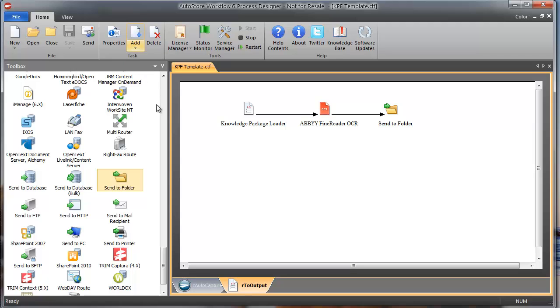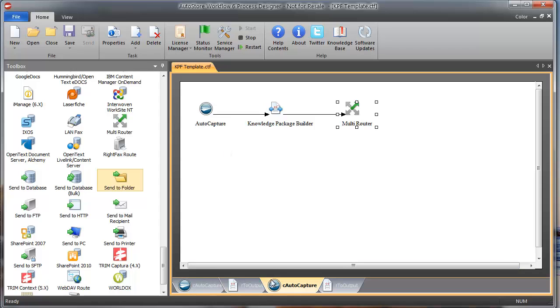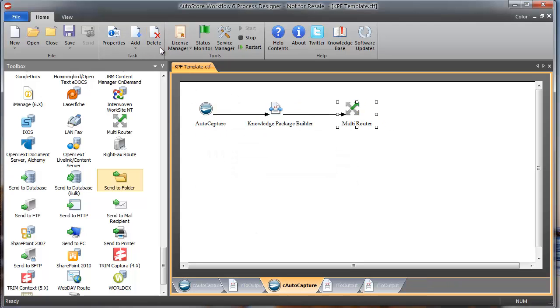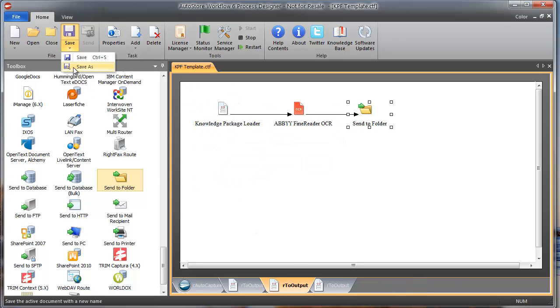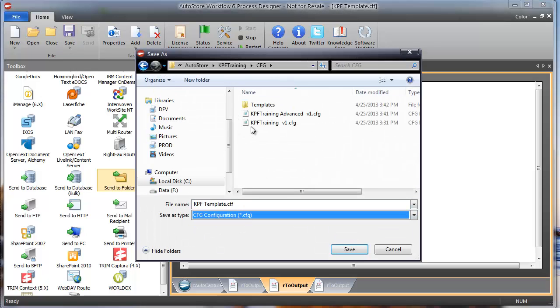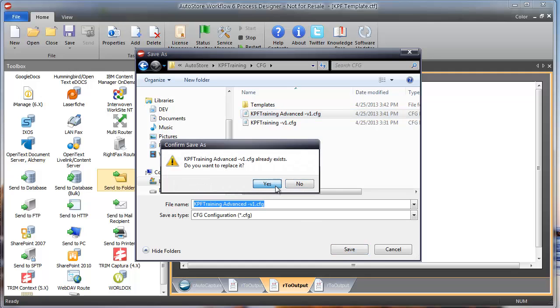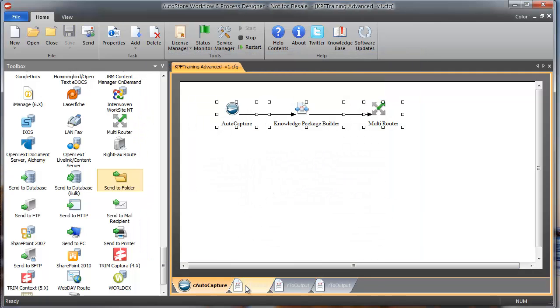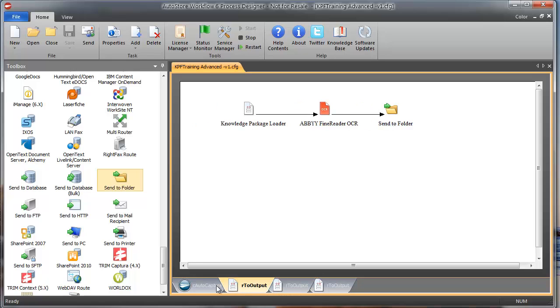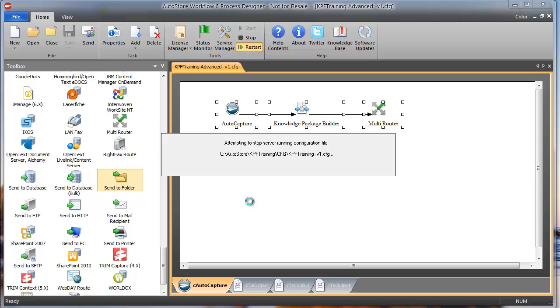file. So as I do that, I have these over again, so I can do add template. And I'm going to go ahead and delete those duplicate auto capture tasks. And I'm going to save this back as a CFG to my advanced training config. All right, so now I have duplicated these three templates, or these three tasks, I should say. And when I hit start here,